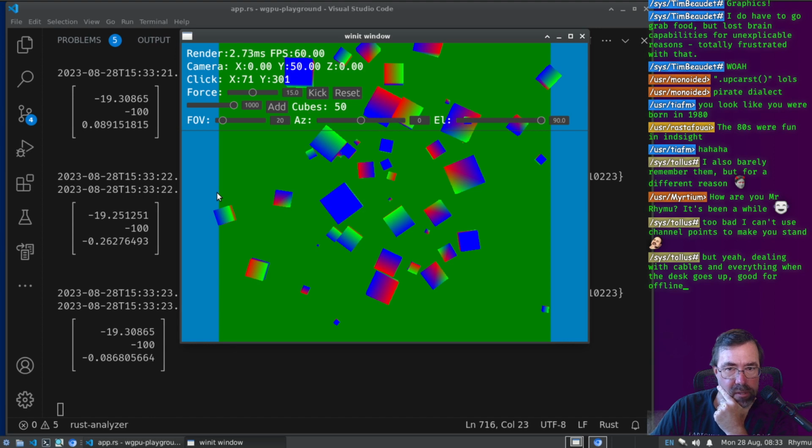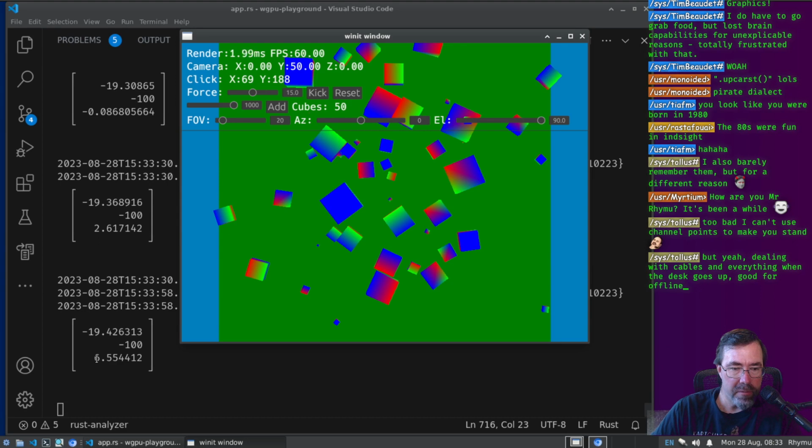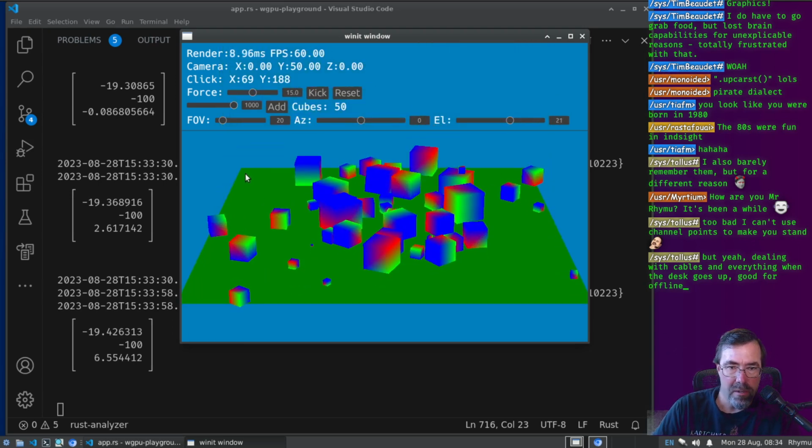Oh, I think I might have the z-axis flipped. Problem: the physics world actually flipped the z-axis. Is it left-handed and not right-handed? Yeah, this should be negative. As I click higher up, it should be negative because we're shooting further down, further forward. So if I shoot this down, this should have